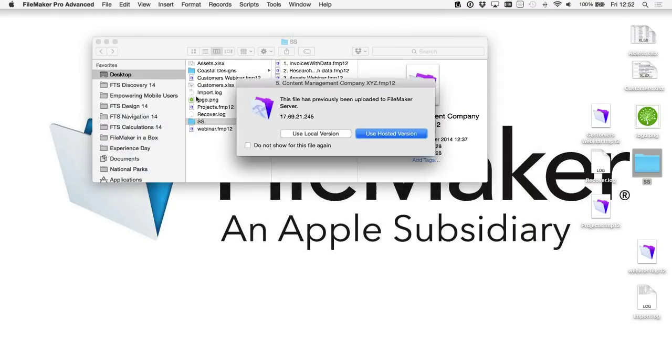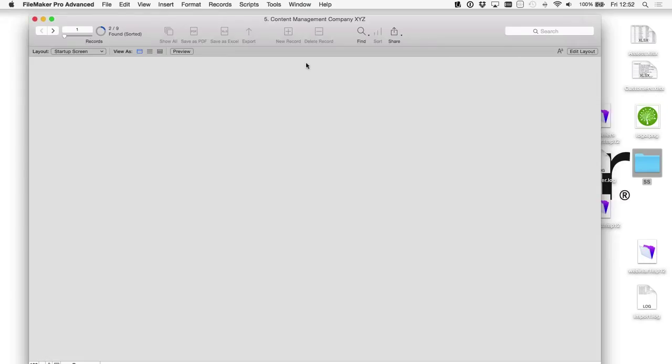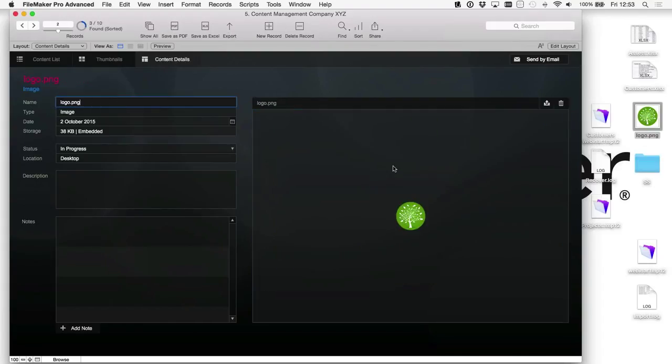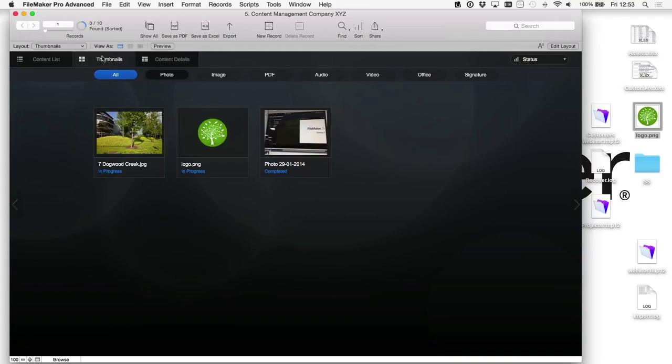So that's the contacts. One of my favorite ones is this content management system, so digital assets, if you like, and you can drop, if we just create a new record here, you can drop in some digital asset, and FileMaker will actually detect that it is an image, the size, it's got the name of the file there, and then you can put some metadata around there to find it. So I really like this one. It's got a thumbnail